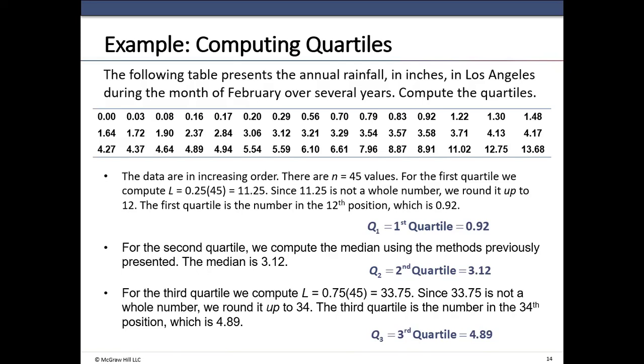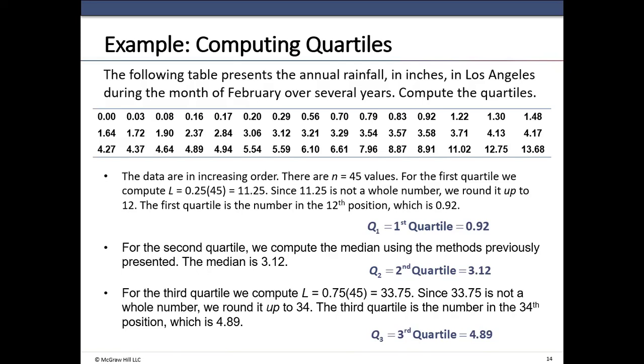Okay. So my first quartile, I got 0.875 and they got a different value. So let me check on my numbers. I might have entered one number wrong. Let's go on the data set. So it's 0, then 0.03, 0.08, then 0.16, then 0.17, 0.2, 0.2, then 0.29, then 0.56, 0.7,